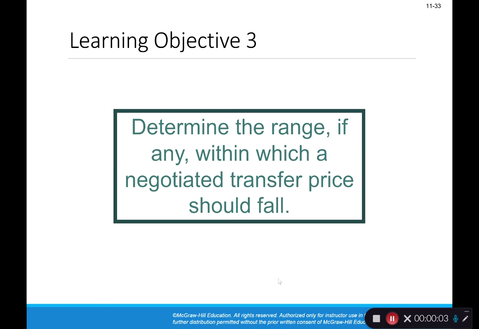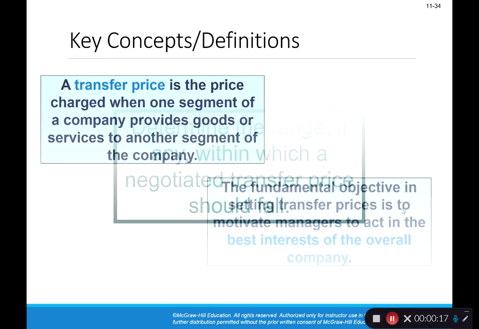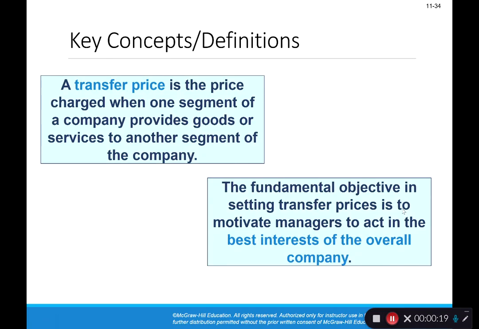The last concept we're going to cover in Chapter 11 is the concept of transfer pricing. So when we have different divisions within the company, one division may provide a product to another division, and we need to determine what the best price would be for that transfer. So a transfer price is the price that's charged when one segment of a company provides goods or services to